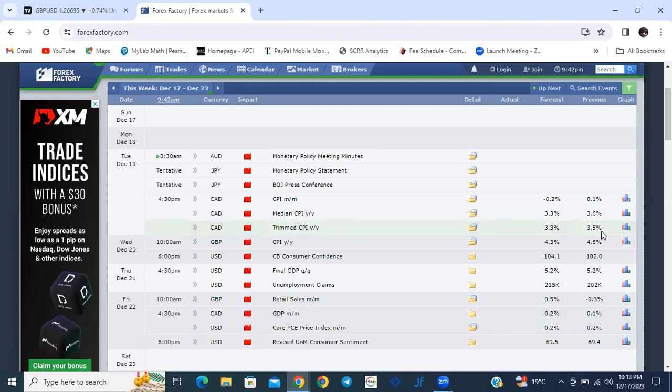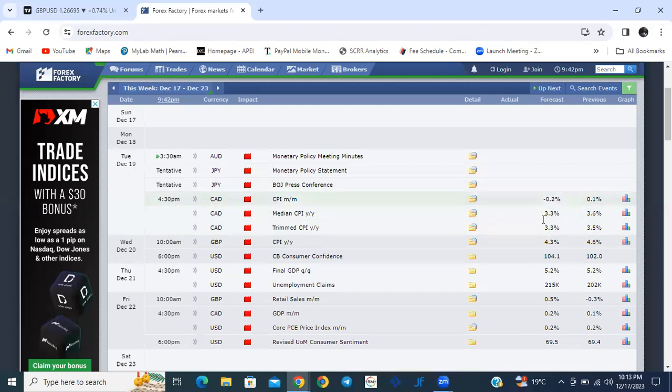Okay, so this means that if the news come out as projected here, then we might see CAD weaken. So maybe USD CAD we might be buying, GBP CAD we might be buying. Anything that has CAD as quote currency, here we'll be looking for buys. That is if the news come out as projected, because the forecast here shows us that everything is being forecasted